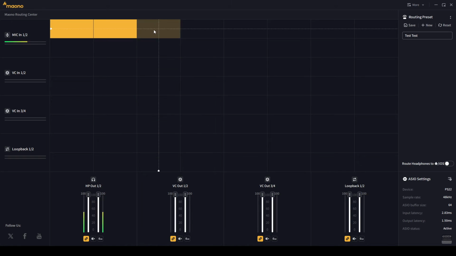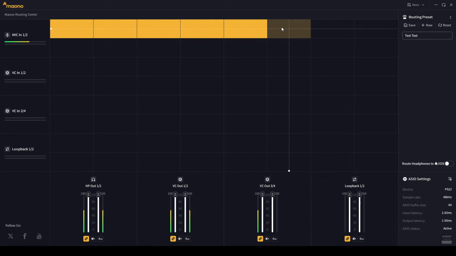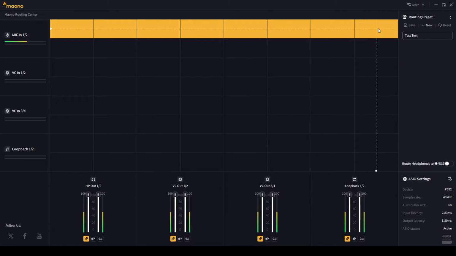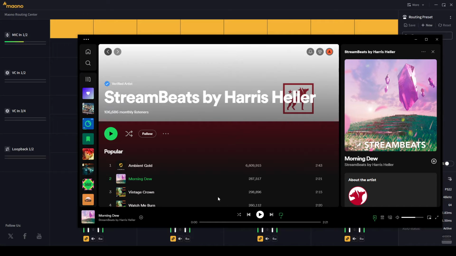Now, I can also extend this across the whole bar, as you see. The more I'm talking, my voice and my microphone's input is now being fed to all of these outputs. This can also be extended to other virtual channels. So if I wanted to, for example, pull up Spotify, if I wanted some Stream Beats by Harris Heller to